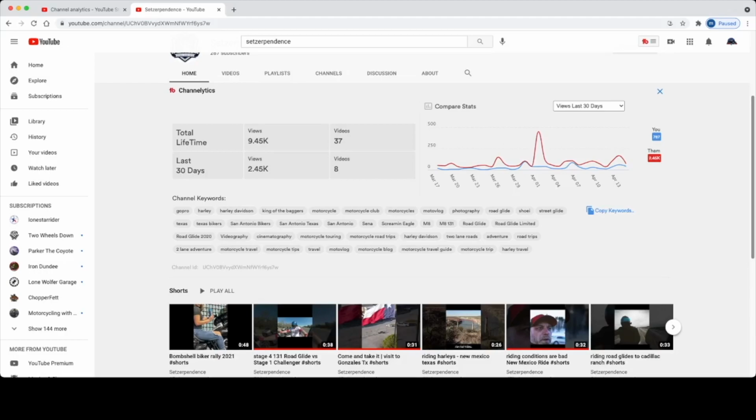So when you type out a whole sentence, like you asked Google a question, like what's 3 times 3, it's only going to do 3 times 3. It doesn't care about the other words. For the keywords, you can see he's got Texas bikers, San Antonio bikers. So if somebody was to just sit on YouTube and be like, oh man, I'm bored, let me just search motorcycle trips, because he uses that keyword, he's able to show up more in the search results.